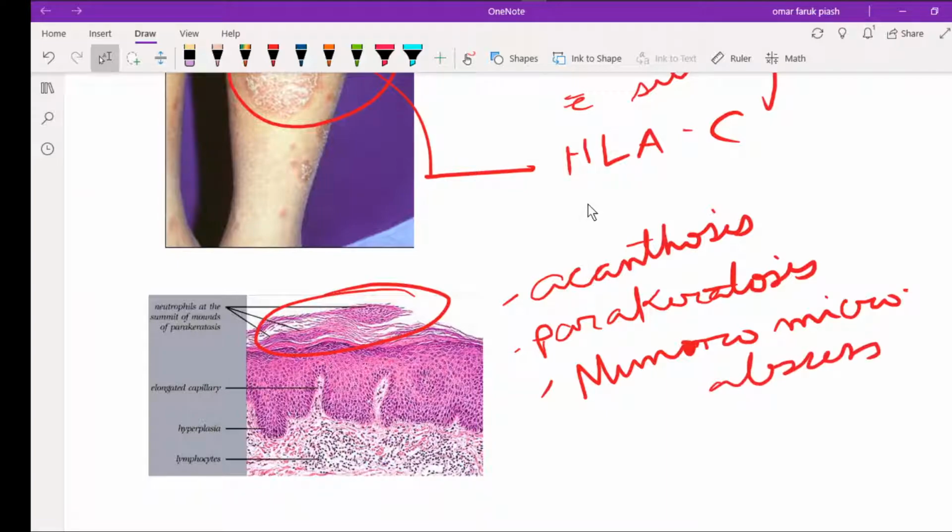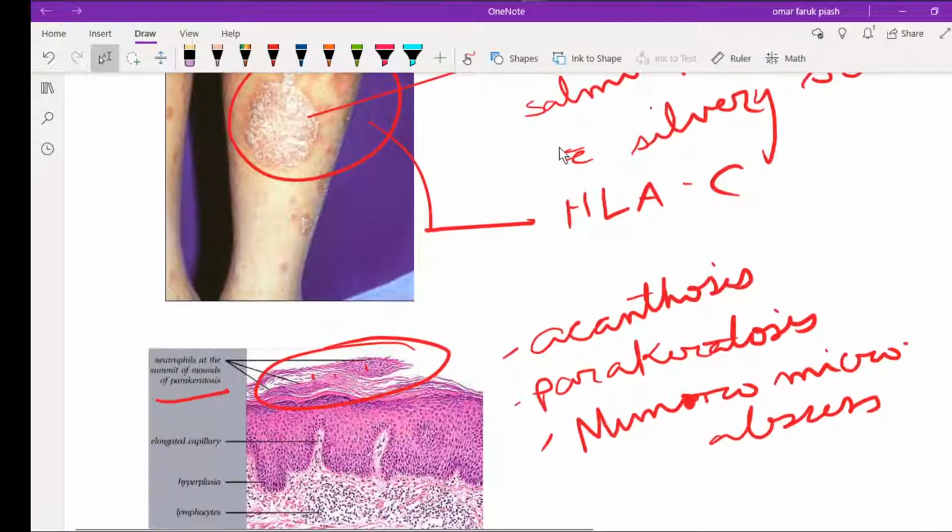In Munro microabscess, there is a collection of neutrophils in the stratum corneum. This neutrophil collection is known as Munro microabscess. This is parakeratosis, that means hyperkeratosis with retention of the keratinocyte nuclei, which is known as parakeratosis. But if there is a collection of neutrophils in the stratum corneum, then it is Munro microabscess. And finally,